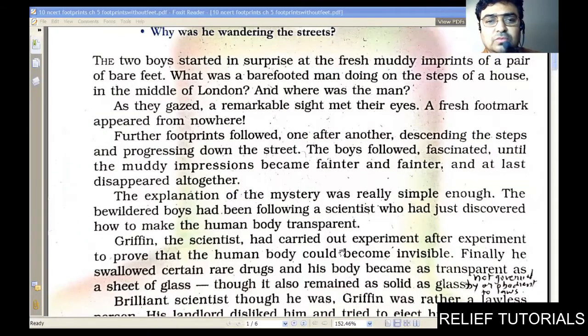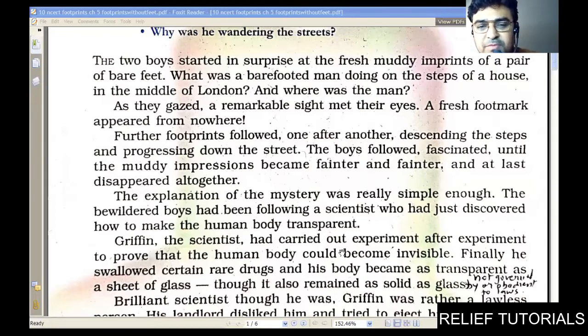It's a long story, so we might go for two parts. Here we have the textbook. Now, how was this scientist spotted? The story starts with the scientist having already invented that particular formula. He used it upon himself, and he has turned out to be invisible. Now he's actually doing a misadventure. He's running away from that place, but